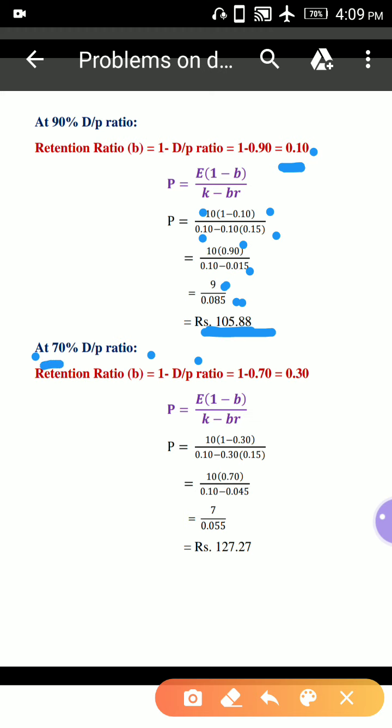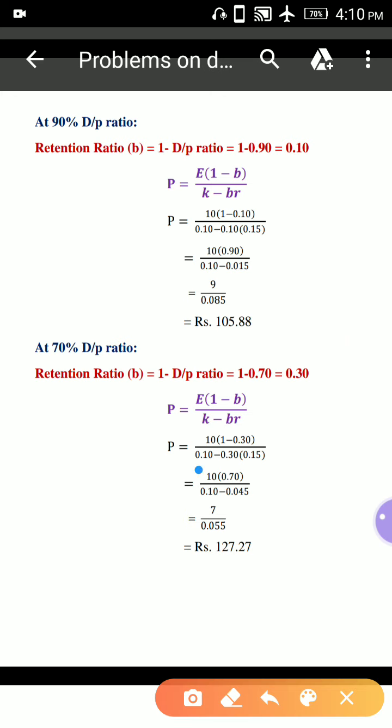Now at 70% dividend payout ratio, the same formula, retention ratio is 1 minus dividend payout ratio, that is, 1 minus 70%, that is 0.30. That is 30%, that means 0.30 is the value of B. Now the same values will be substituted in the formula. Here E, as it is, rupees 10, earnings per share, 1 minus B 0.30, divided by K 0.10 minus B 0.30 into R 0.15, that is equal to